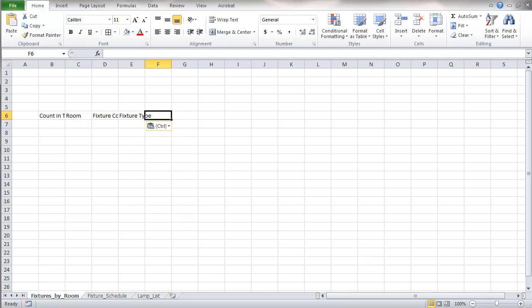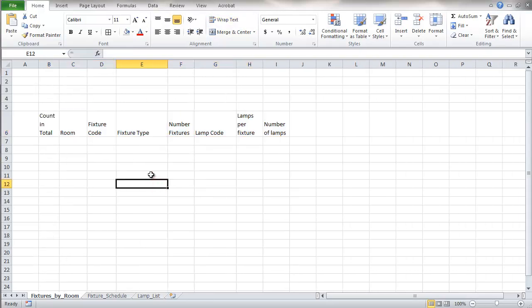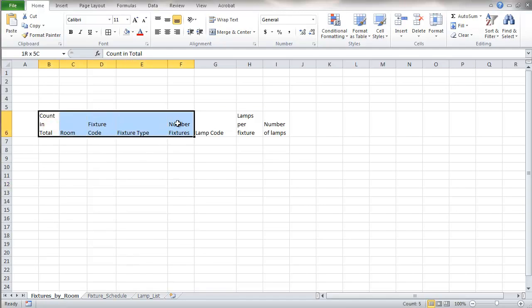We'll have a column for a number of fixtures. We'll have a lamp code. We'll have the number of lamps per fixture. And as we've done before, set this to wrap text. I'm going to adjust my column sizes here a little bit. Okay. And just to make this easier to see again,